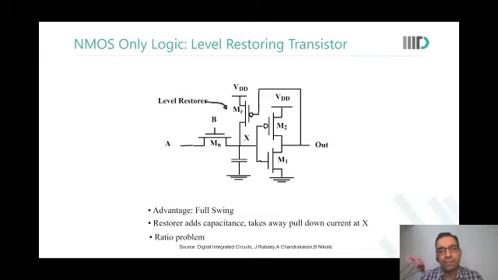Sir, one thing I wanted to ask: from X to the gate of MR, there would always be some inherent delay because there is an inverter. Now let's say my input was A equal to 1, then I suddenly switch to 0. Then for some time, won't we be observing a short between VDD and A?